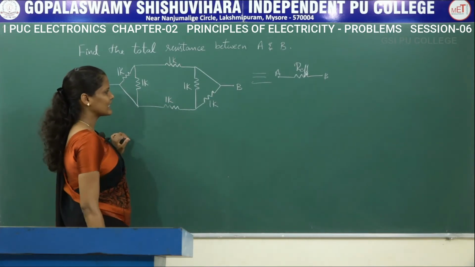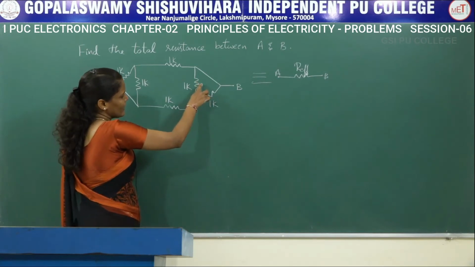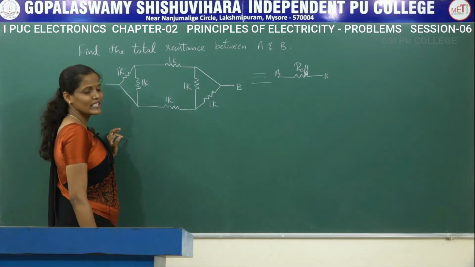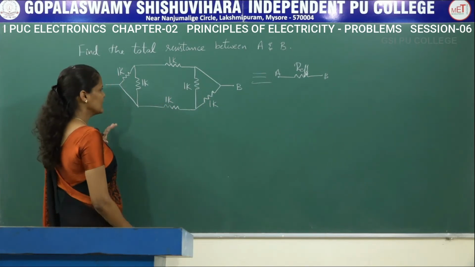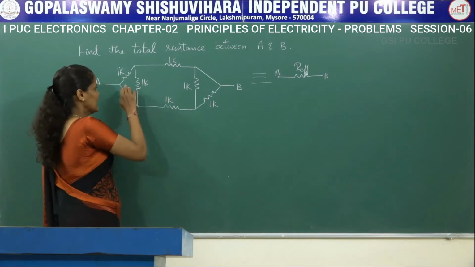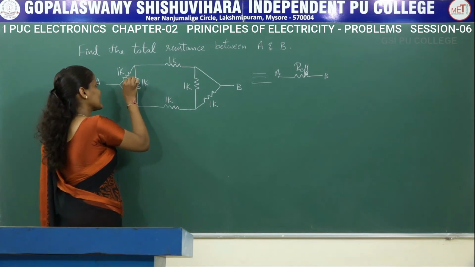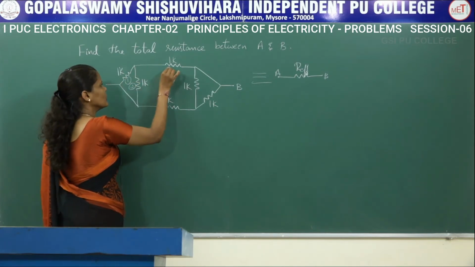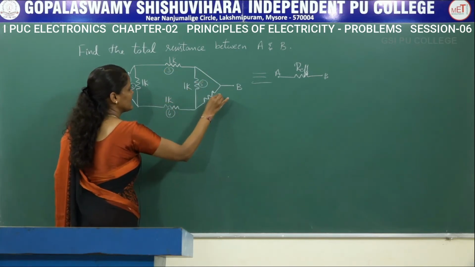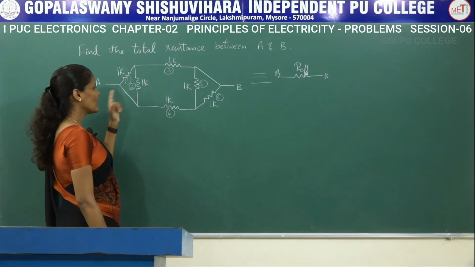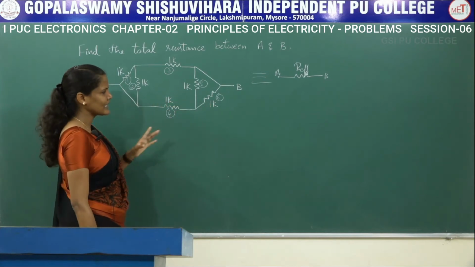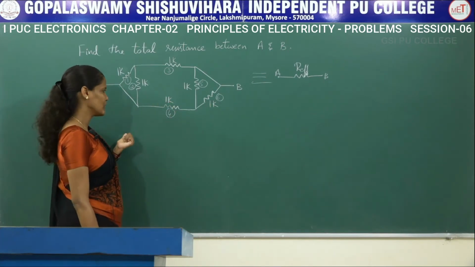If you look at this particular diagram, if these two resistors 1K and 1K, sometimes we get confused about series or parallel. We will come to the middle part later. First, let us solve this. Let us name these as resistor 1, 2, 3, 4, 5 and 6. Right? Now, are these 1 and 2 resistors connected in series or parallel, or are 5 and 6 connected in series or parallel? There is confusion.